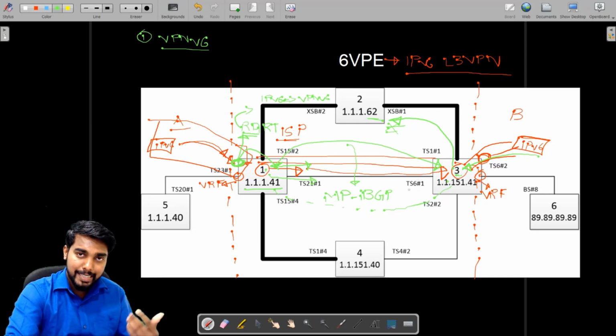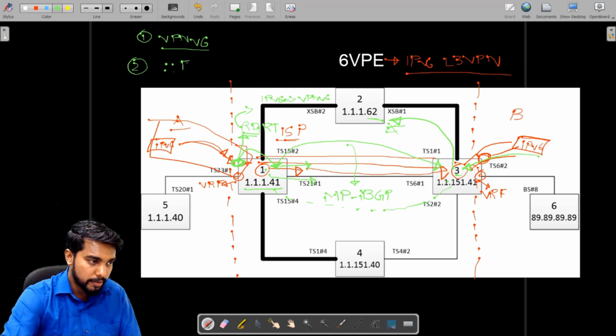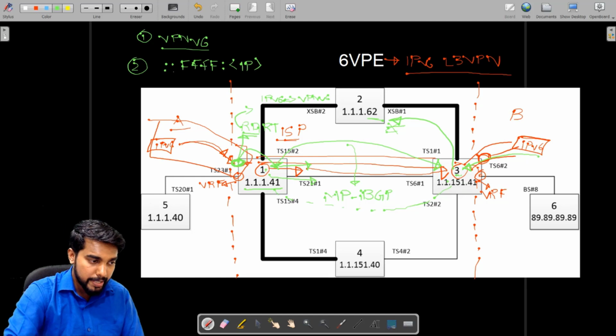So we need to send an IPv6 next hop, but at the same time we also need to make sure that it is understood by all of the other routers in the form of IPv4. So we do a kind of tunneling: we append ::FFFF: and the IPv4 address.